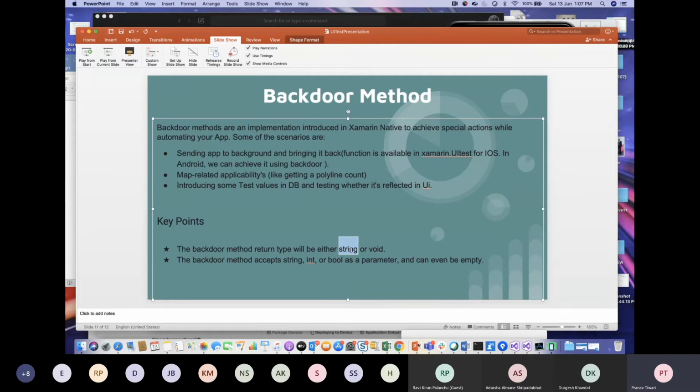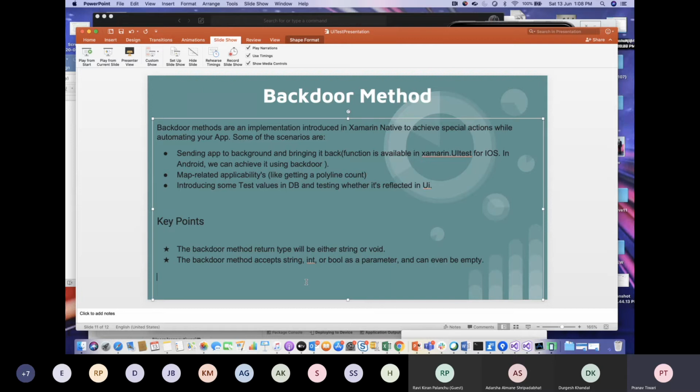Suppose I want to return how many markers are there on my map. I'll return it in the form of a string, and that string we can convert into int, or you can even return a JSON object or whatever you want. That particular string you can convert into any type, but the return type should be string or void.